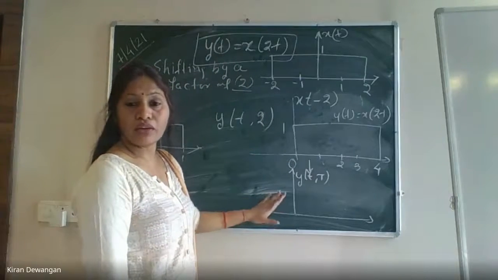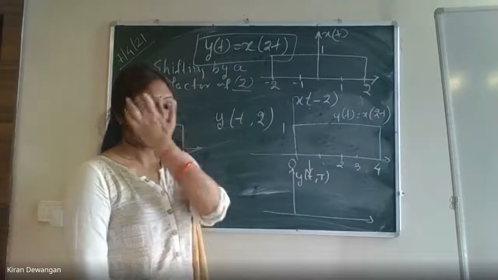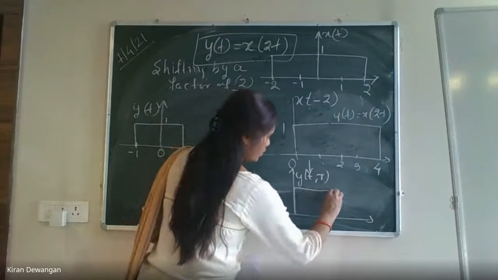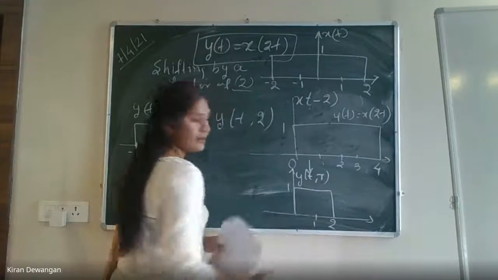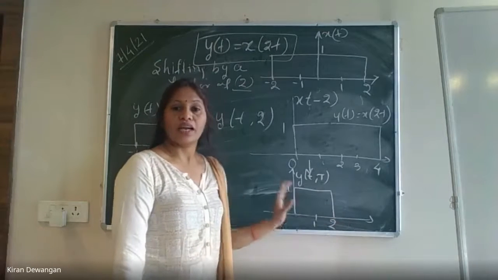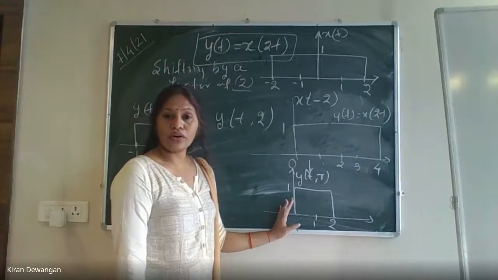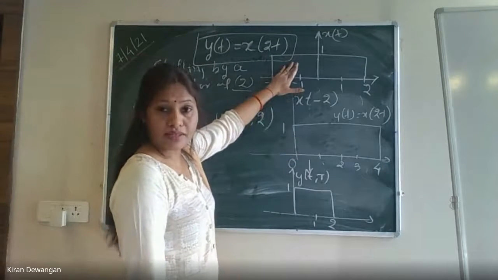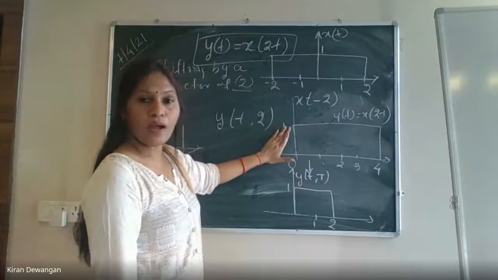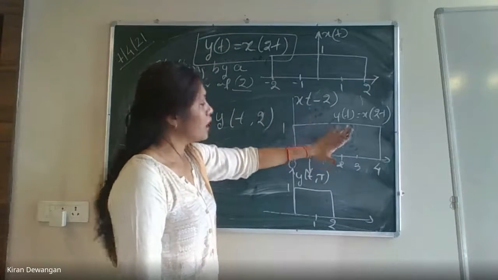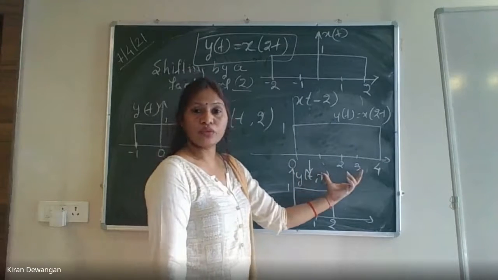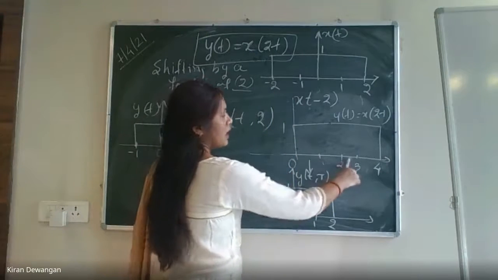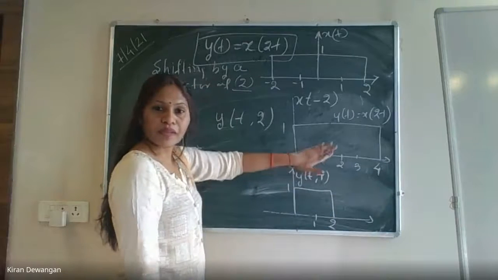how my y of t should be, y of t with a shift in the input कैसा होगा आउटपुट मेरा, y of t with a shift in the input will be 0 to 2, होगा कि नहीं, it will be in between 0 to 2, is this part clear, is this thing clear or not. ये मैं इनपुट में शिफ्ट कर रही हूँ, I am shifting in the input, तो मेरा ये x(t) है, this one is my x(t) and this is what I am performing, x of t minus 2 perform करूंगी, it will be moving towards right and it will be shifted towards right, तो ये जो -2 से स्टार्ट हो रहा है वो 0 से स्टार्ट होगा and it will shift to 4, ठीक है, यहाँ तक क्लियर है सबको।